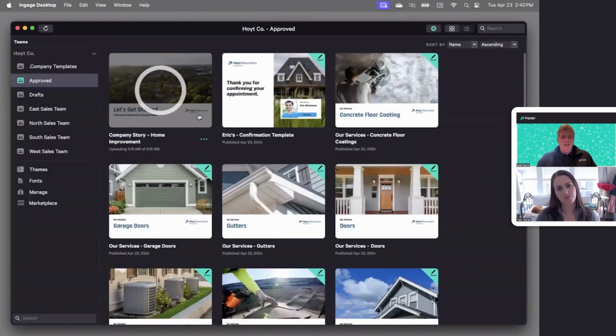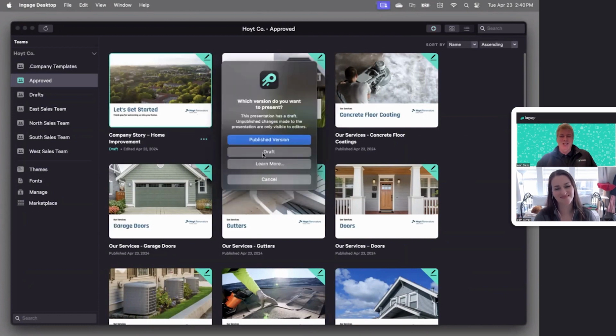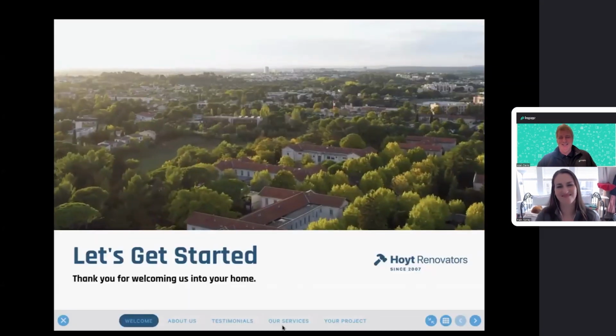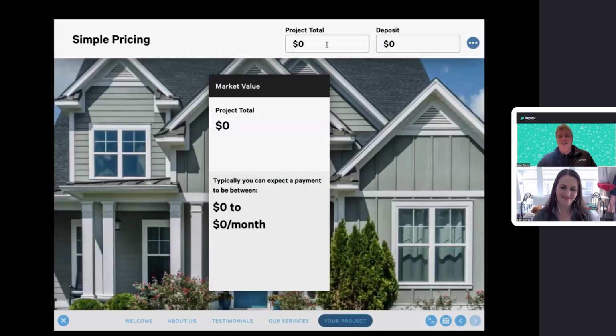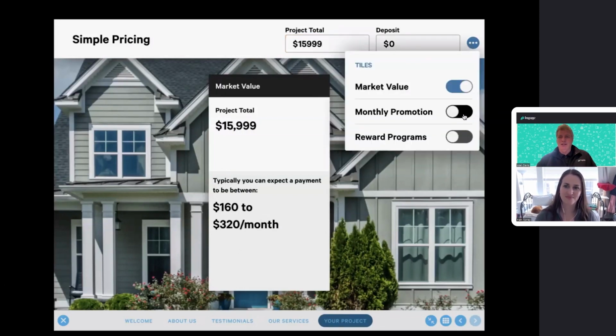and go ahead and take a look at it. So right now, the good news is I'm not affecting anyone in the field because everything I'm doing is completely isolated to just where I am right now. So now if I go ahead and put in our 15,999,